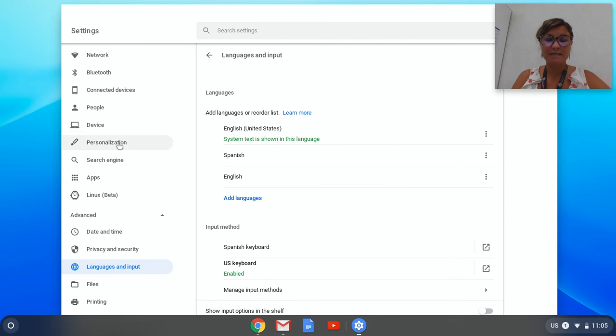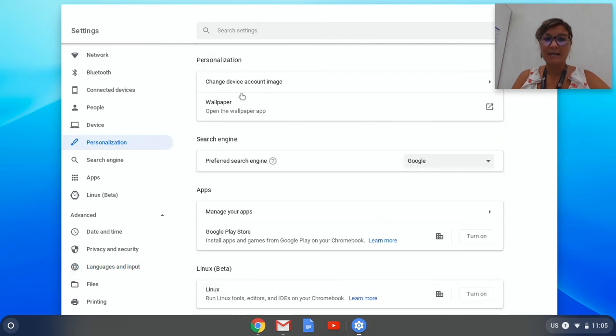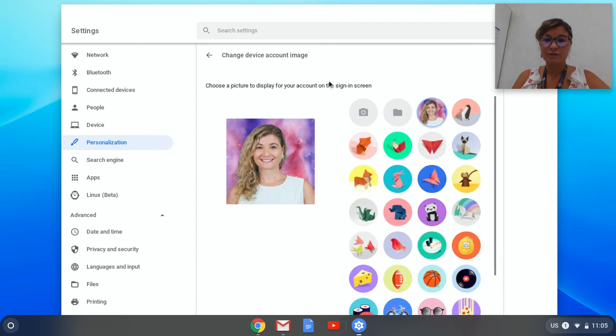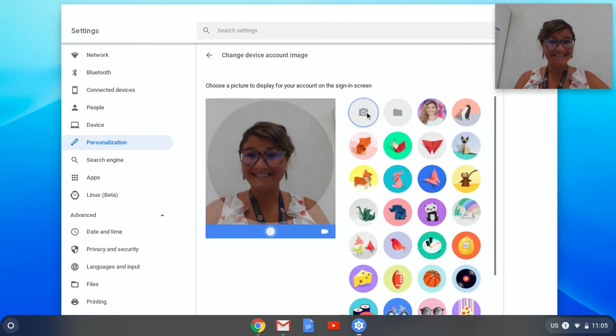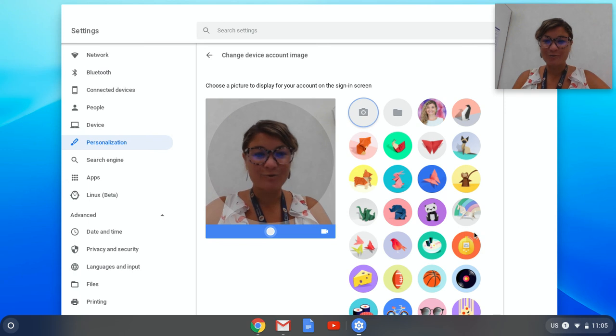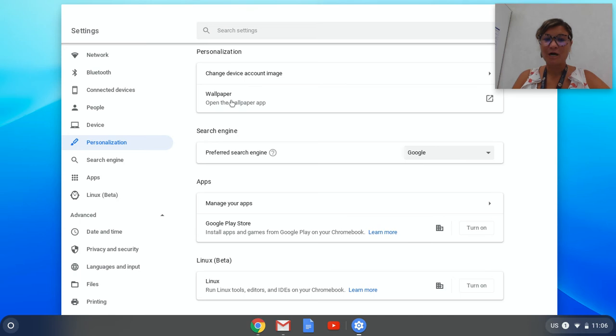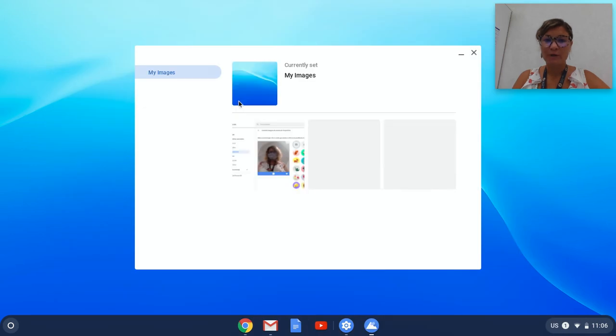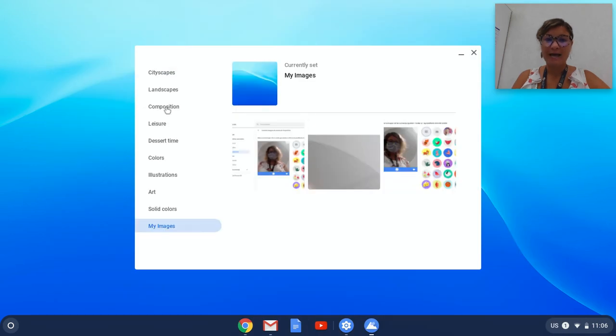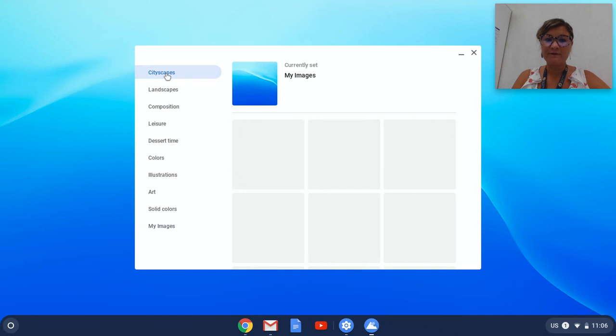So if you go to personalization, you can click on change device account image, and then you'll be able to either take your own picture or you can choose one of the icons there. I'm going to leave my picture for now, but you can have some fun with yours. There's also an option for a wallpaper. You can change to have one of the default